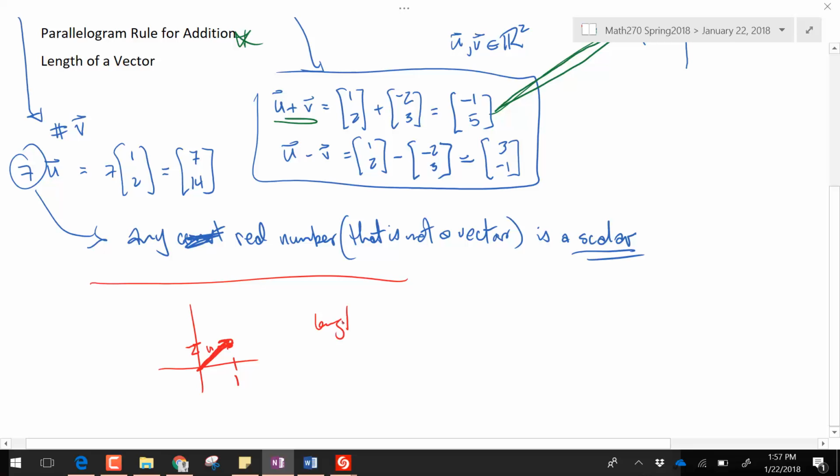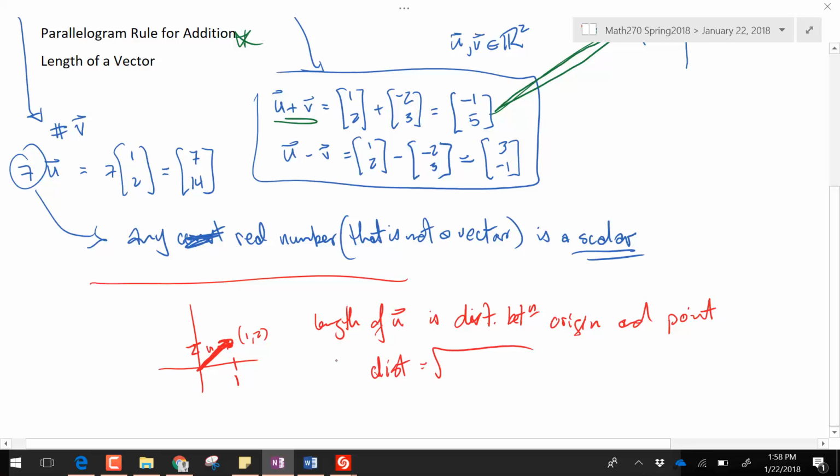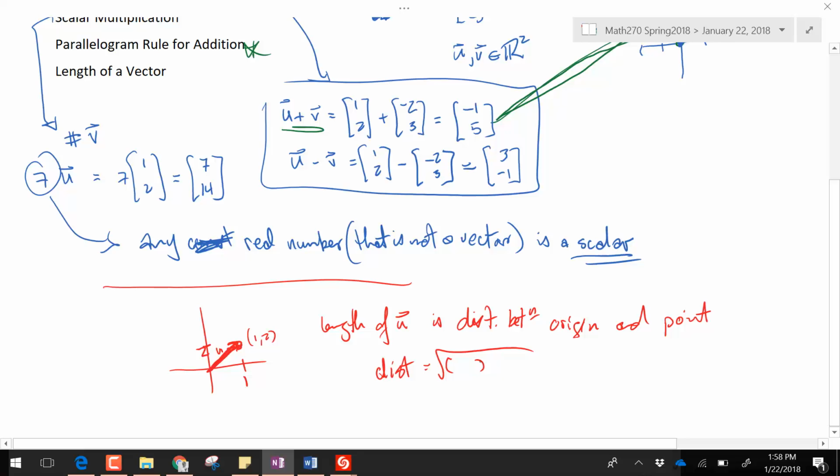The length of u is the distance between the origin and the point that's given. And so the distance here is a square root of the difference of the head minus the tail in each of the x's and the y's. So 1 minus 0 squared, 2 minus 0 squared,